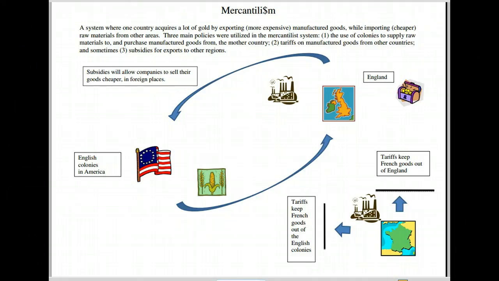Another problem is how these mercantilist countries went about acquiring their colonies. Very often they would be acquired through wars against the peoples all over the world who were already there. There was another problem with this mercantilist drive for colonies. It tended to snowball in the sense that if one country was acquiring colonies, it would prompt other countries to do the same. How? Let's go back to our example of England acquiring colonies to provide England with raw materials and to buy English manufactured goods. If France just sat back and did nothing, while England was getting its colonies, think about what that would mean for French